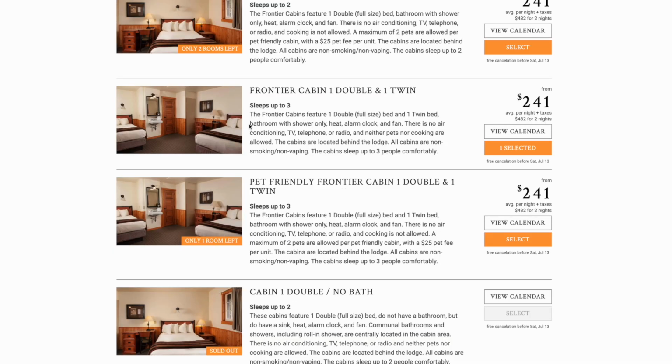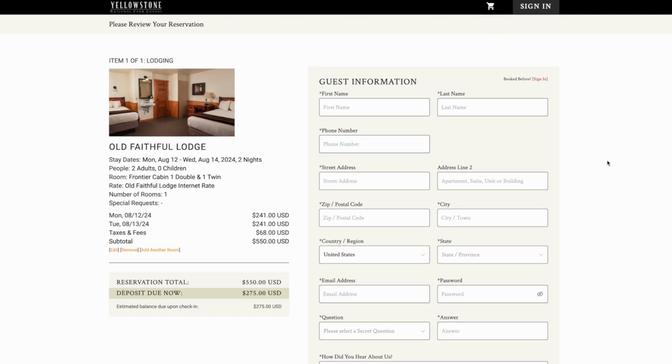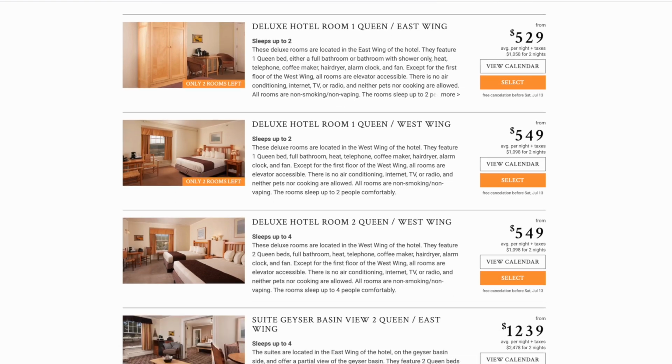I booked a cabin with a double bed and a twin bed with its own bath. You can save $100 a night by getting a room with no bath. There are shared bathrooms near the cabins. Taxes and fees total 14%, so 2 nights stay as of today is $550. By the way, if you think $241 a night is expensive, try $500 a night at the Old Faithful Inn